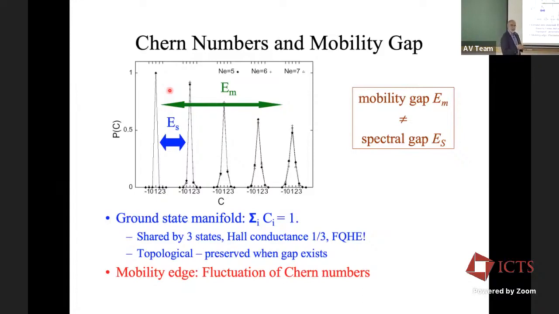There's some other details, which is that, of course, if you look at the gap, while it is still in the topological state, there is a finite gap, and you can actually measure that gap numerically, and you can compare it to experiment, which measures the transport gap, what we call the mobility gap. On the other hand, there's also a spectral gap, which is just the gap between the lowest manifold and the next manifold. And therefore, that is a different quantity. That's not measured in experiment because experiments are only probing the transport.